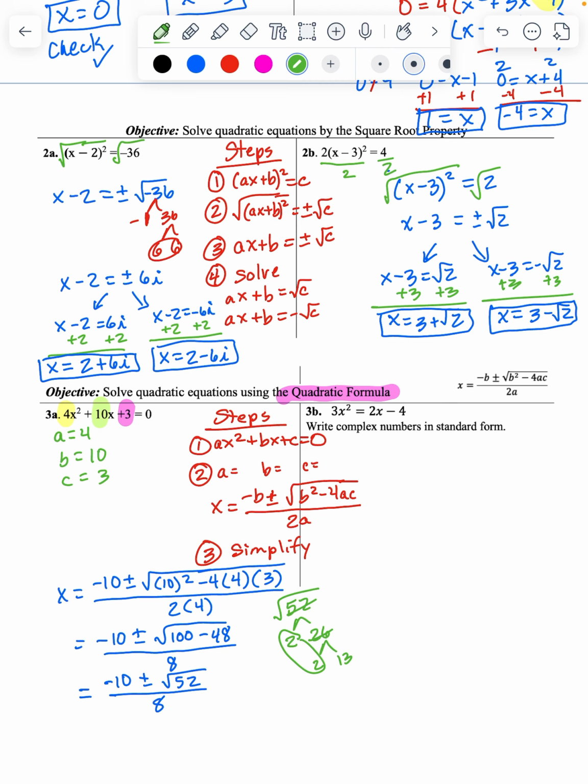And we have a pair of 2's and a 13 that doesn't have a pair. So this has simplified to negative 10 plus or minus the square root of 2 times 13, because 1 from the pair gets to come out while the other from the pair disappears, and then the 13 that doesn't have a pair has to stay inside. And we simplify